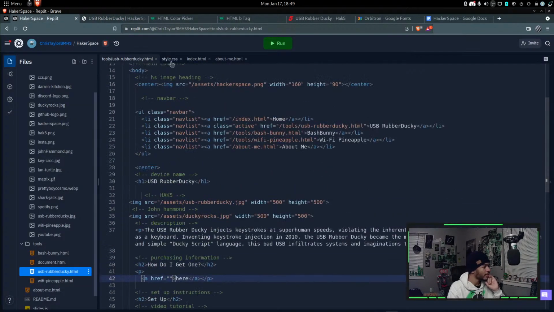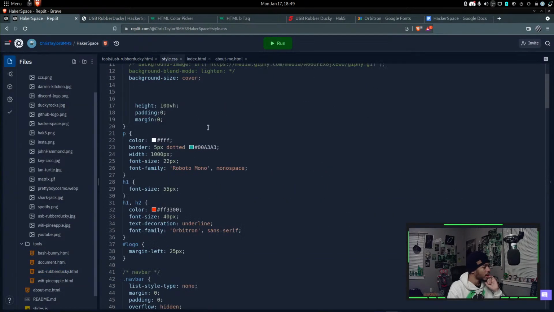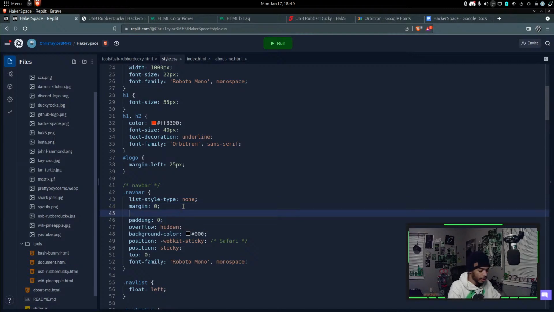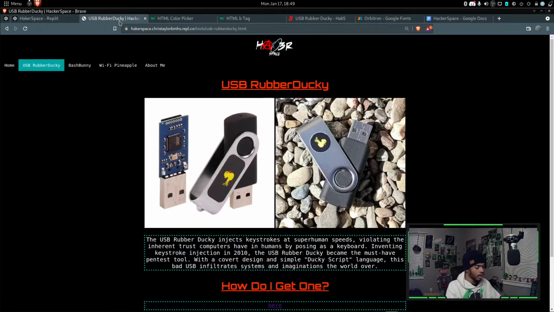Hold up, I'm going to see if I can fix this real quick. Where's the nav bar? Margin 0. Can we do margin 0, margin left? Let's do like 200, and then